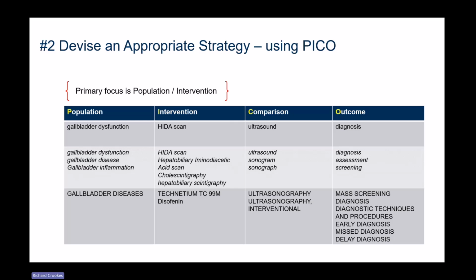Of course, you may be expert in this field, and you'll know more from the outset. Then there are the MeSH terms below in uppercase characters. So gallbladder diseases is a MeSH term. Intervention, that was quite a challenging one to find. Technetium Tc 99m disofenin. So that's the radiopharmaceutical that relates to HIDA scan. Comparison, ultrasonography, interventional, and then outcome, things like mass screening, diagnosis itself, diagnostic techniques and procedures, early diagnosis, misdiagnosis, delayed